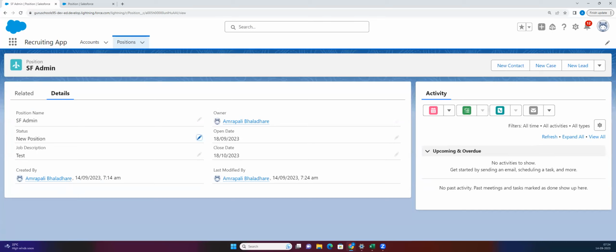So I believe you have created position and candidate object in your demo org. And when you create custom fields for those objects, by default those fields will get added to the page layout, but the only difference is all those fields will be added one by one, like status here, job description, then open date, close date, and this section will be blank. So for your practice, change the page layout and try to amend this